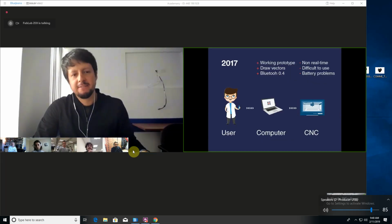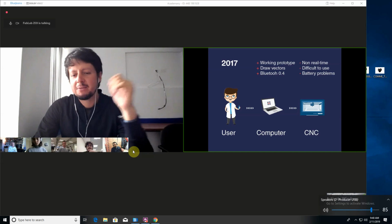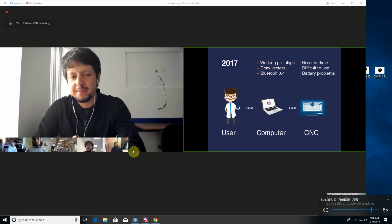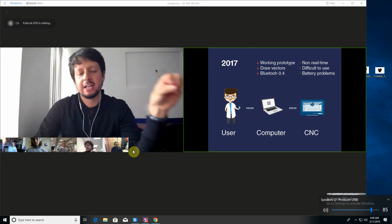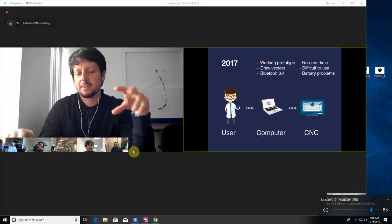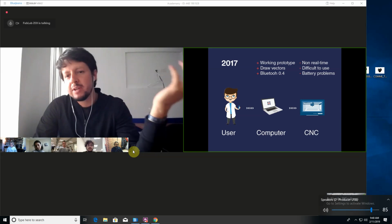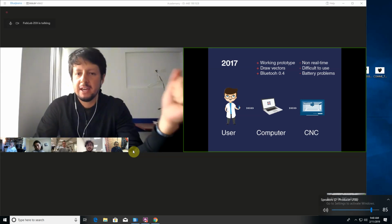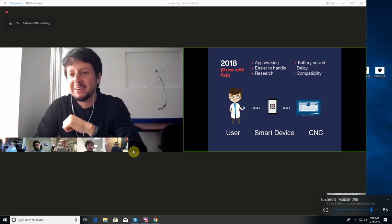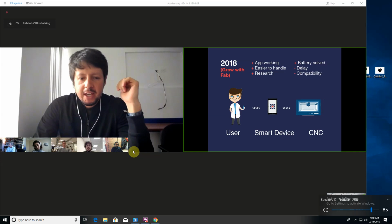In 2017, the state of my project wasn't really good. I was really frustrated again because I had a user, the computer, and a CNC. So I connected the Bits and Atoms Pen with a computer to a CNC in order to move and generate these drawings with the CNC. And it was not real time, and it was really difficult to use. I had a lot of problems, like the Lego project. Then I started Grow with Fab in 2018, and I